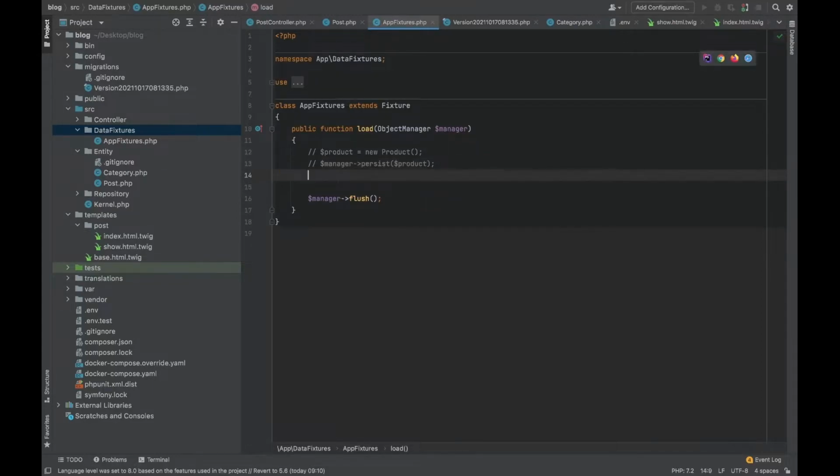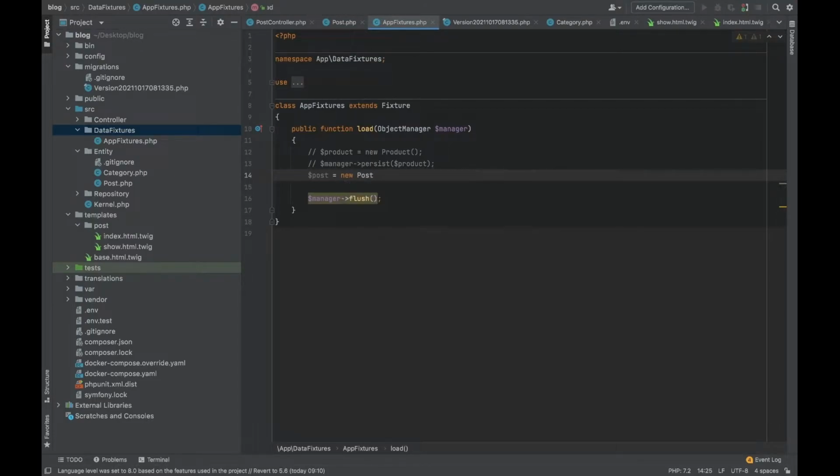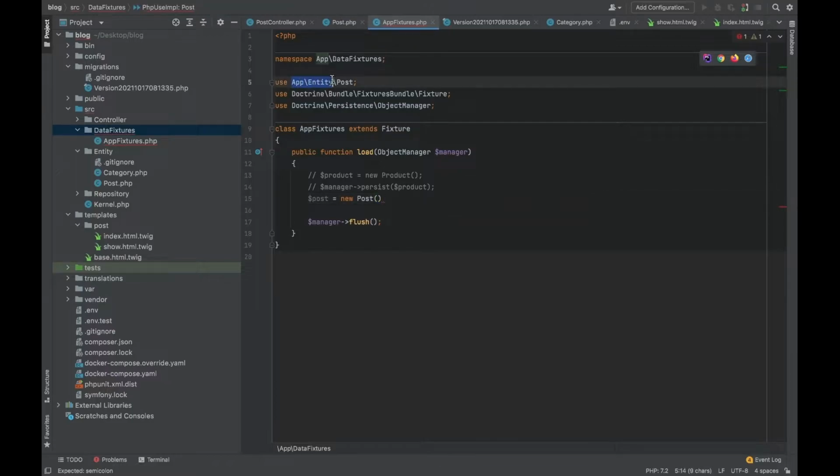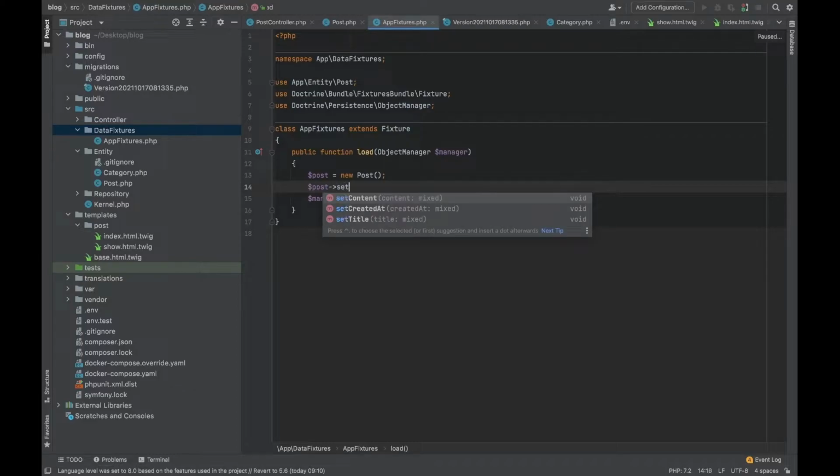So here I can say that a post is equal to a new Post, and it will be imported here. It will be used here. Then I will delete this, and I will say that this post will have a title with the method set